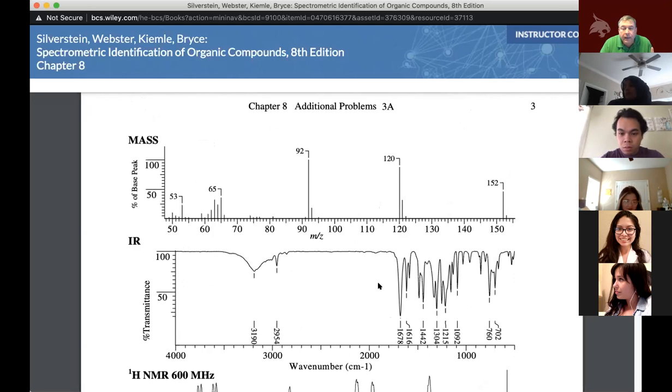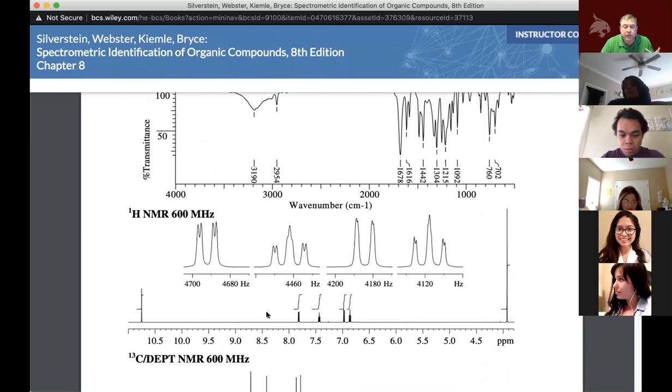Okay. Now let's look at the integration on the proton and try to figure out how many protons we really have. We have 1, 2, 3, 4, 5, 6, 7, 8. So we're probably trying to get 8 hydrogens. So if we went down to C8H8